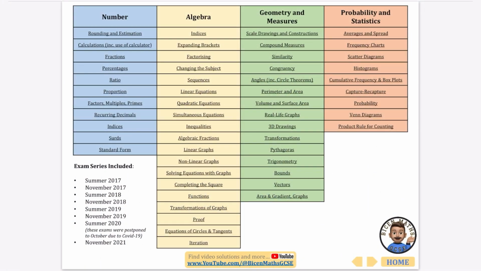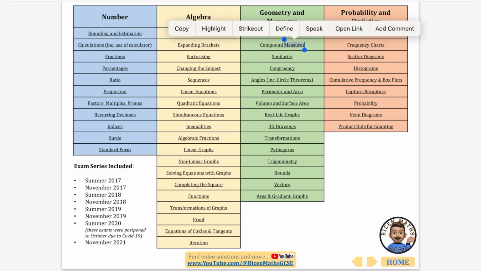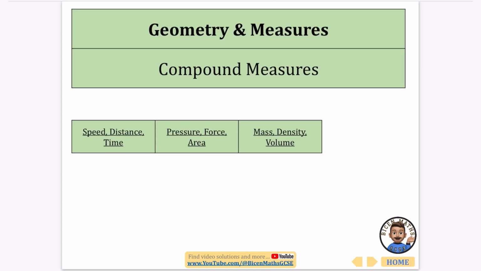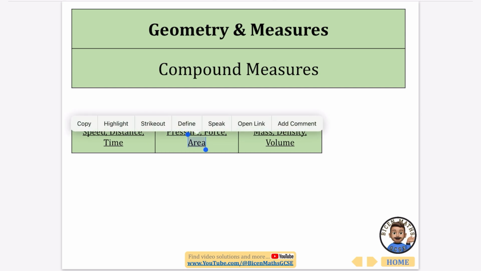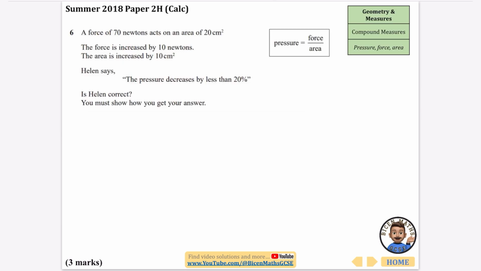Okay, so I'm continuing every question that's ever been asked, and I'm now going to be looking at compound measures. Now this is the second part of this video because the first part was on speed, distance, time. The second part is going to be on pressure, force, area, and mass, density and volume. So you can download this document, it is linked in the description, and I'm going to go straight through to